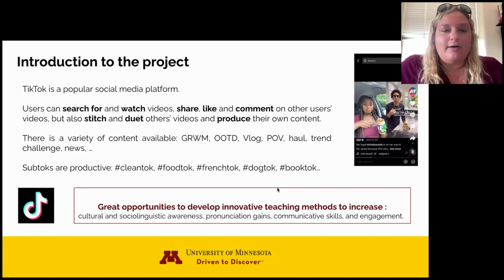There's hauls, which are a subgenre that's my favorite. So hauling is like a collection of things that you've purchased for a reason. So a summer camp haul or a grocery haul. Fall clothes hauls are really popular right now. And then, of course, the trend challenges, which I think is how TikTok got a lot of its reputation, people pouring water on each other and dancing in the street. That was one way that TikTok came to be known.